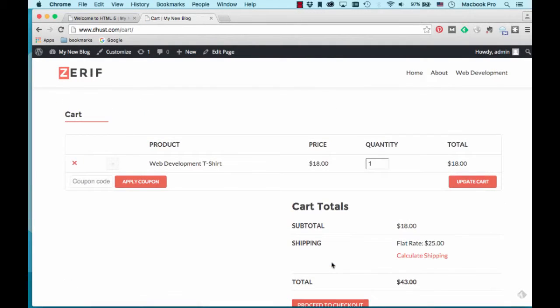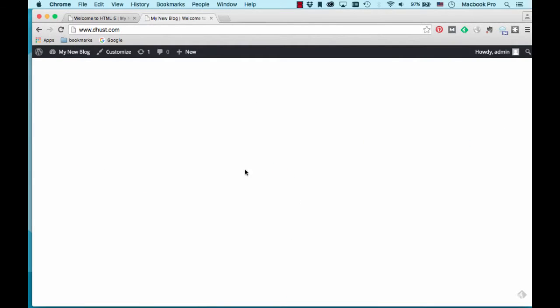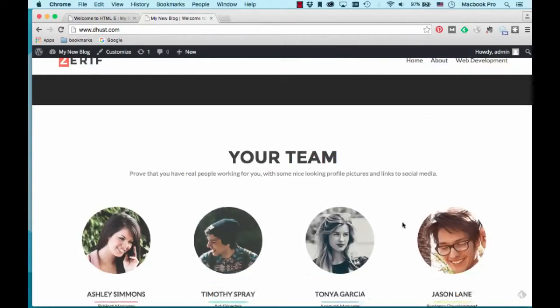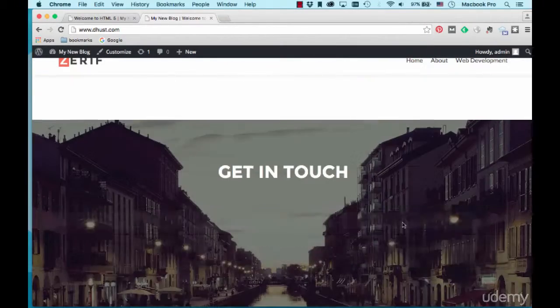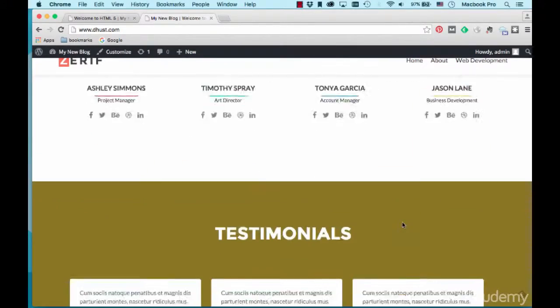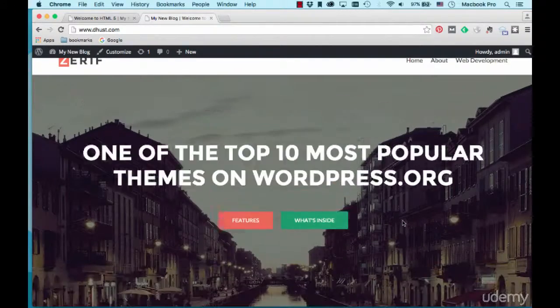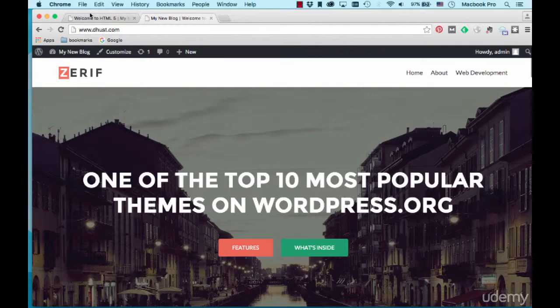So this is a very, very simple way to get up and running with an e-commerce shop. Now, of course, you still have to do a lot of these different settings. However, this is a very fast way to get e-commerce going, no matter what you're selling on your website. So I hope that this tutorial was useful about WooCommerce, and I hope that you guys are able to get this all set up. If you are creating an online shop, then this is one of the best ways to do